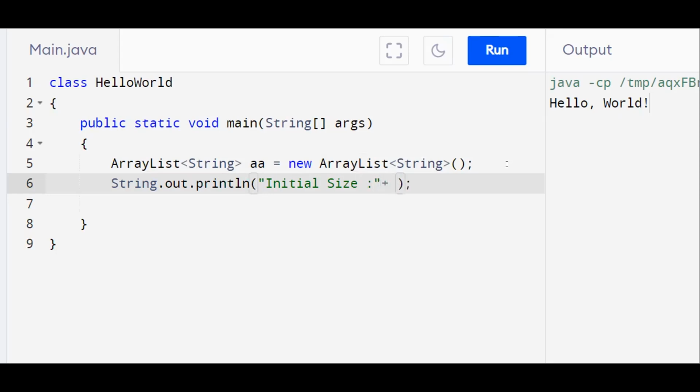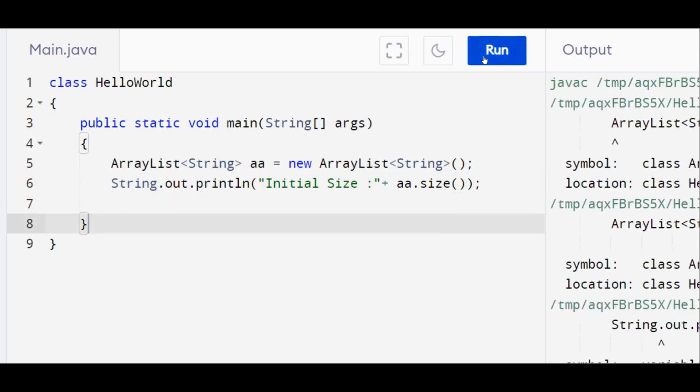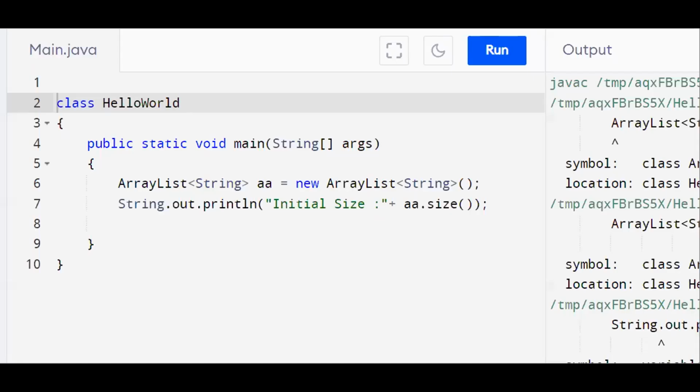We can print the initial size using the size method, AA.size. AA.size is a method to get the size of the ArrayList.